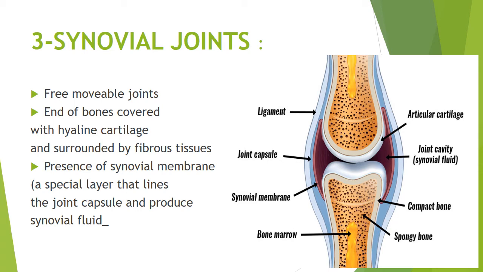So students, as you see in the diagram, the joint is connected by a joint capsule which is composed of an outer layer of ligaments. Ligaments are basically fibrous connective tissues that connect bone to other bones, and the inner layer of the joint capsule is surrounded by a membrane which is called synovial membrane. Later, the synovial membrane secretes a fluid called synovial fluid. Synovial fluid is basically a viscous solution, and the main role of the synovial fluid is to reduce the friction between the two.